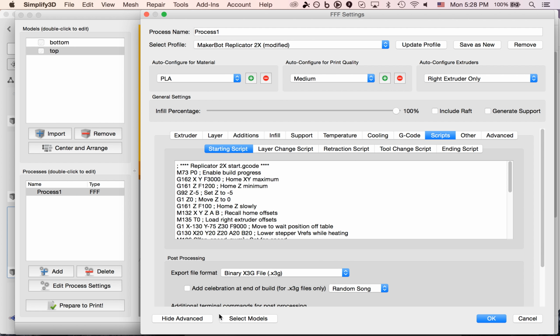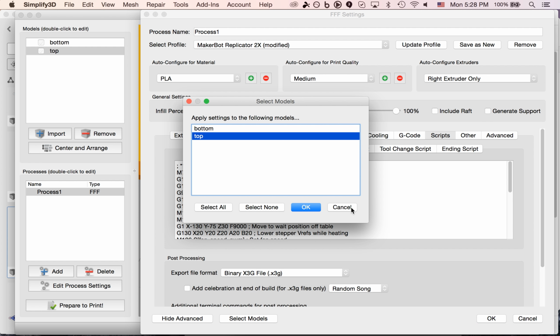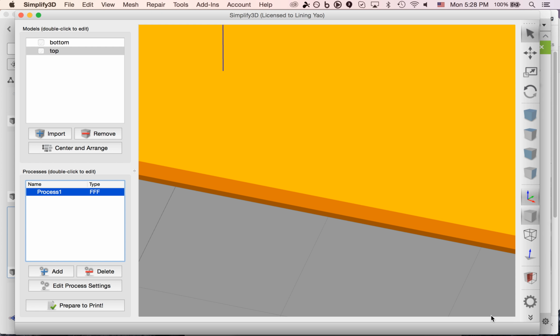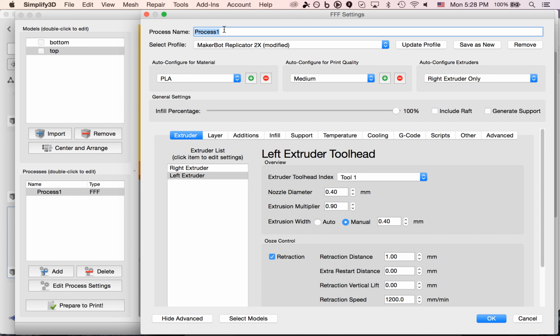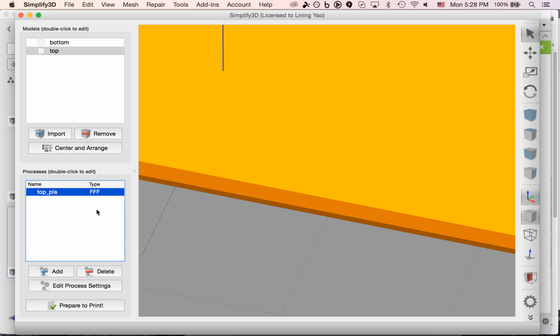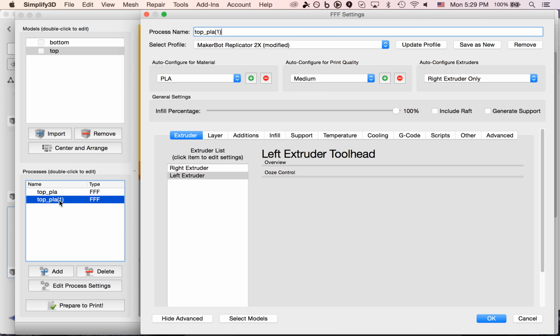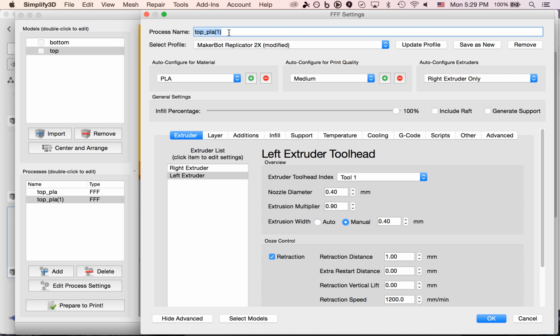So then I've already told you from here you can select model, select the top model, right? And okay, so this one, usually just out of good habit, I will name it. So for example, this one, we use it to print the top PLA, name it. And then now we want to define the bottom. So maybe we can easily copy one to make our life easier. So I copied another one. This we will make it bottom